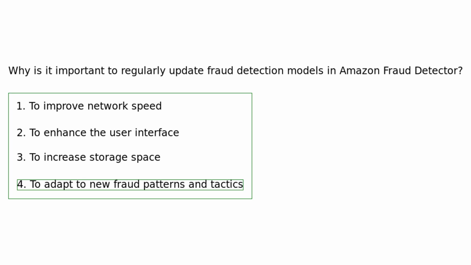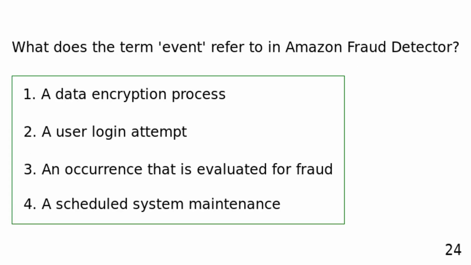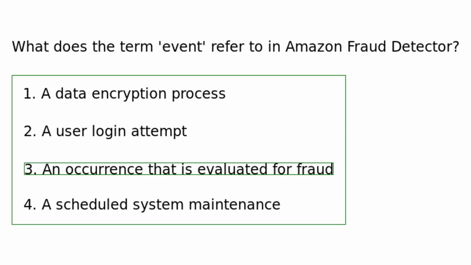high detection accuracy. What does the term event refer to in Amazon Fraud Detector? A data encryption process. A user login attempt. An occurrence that is evaluated for fraud. A scheduled system maintenance. In Amazon Fraud Detector, an event refers to an occurrence, such as a transaction or login, that is evaluated for